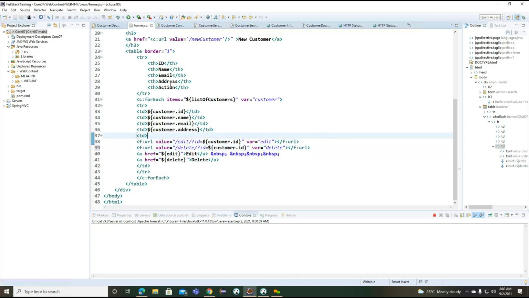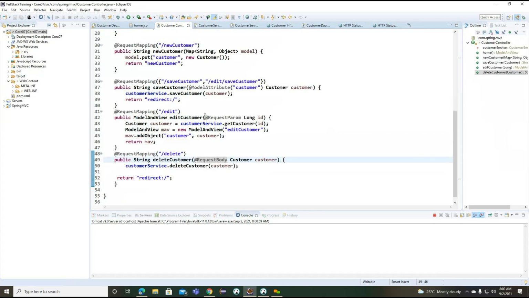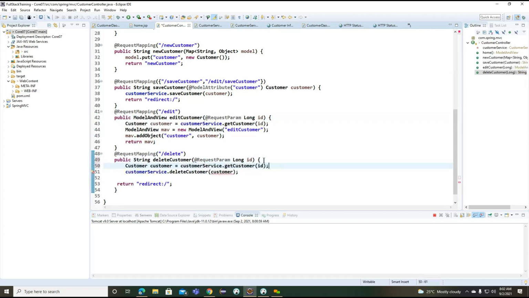So we'll go for the same ID here. Now we'll modify it. What I will do is load an object, and then delete this particular object here.